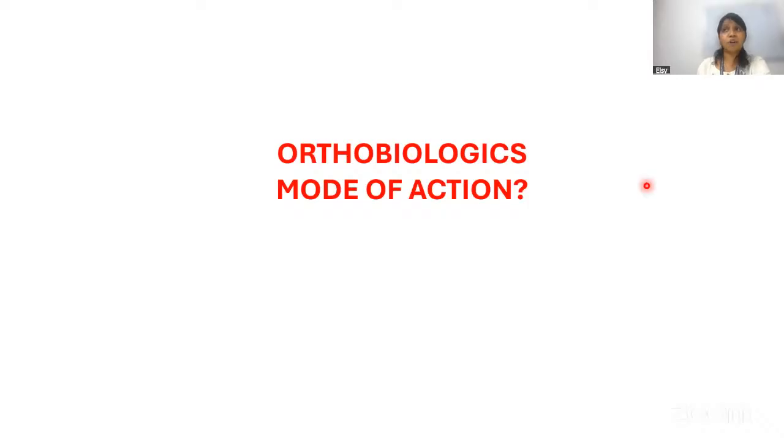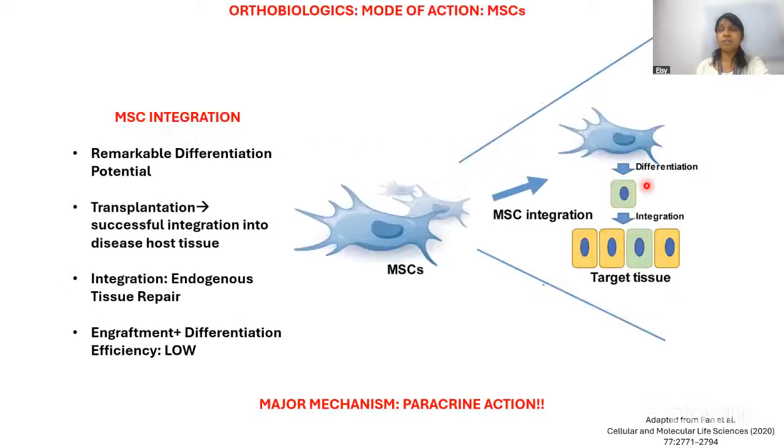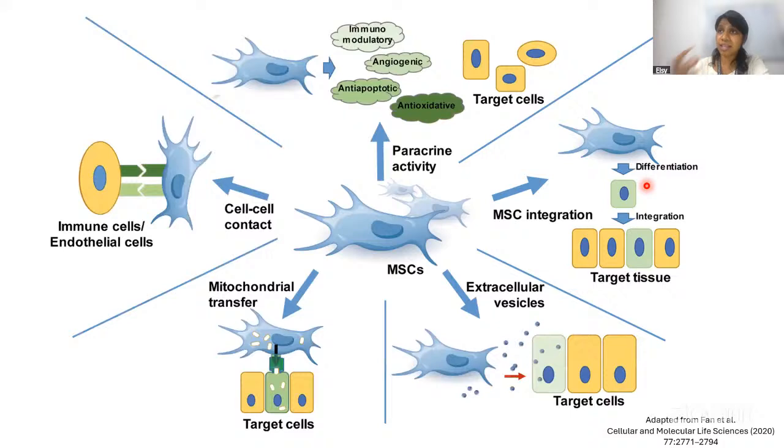Now, coming to another form of orthobiologic, a lot of it has been coming up, so I thought I would also cover this. One being the paracrine factors that are secreted by these cells. They are also now being considered, considering the issues of immunogenicity. So MSCs were previously known: you can take them, you inject them, they home, and they are responsible for the repair. However, a lot of that ideology and school of thought has changed, and now we know that it is not the MSCs per se, rather the paracrine factors that majorly contribute,